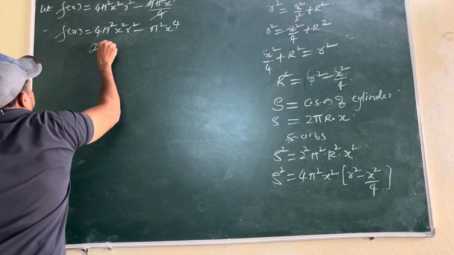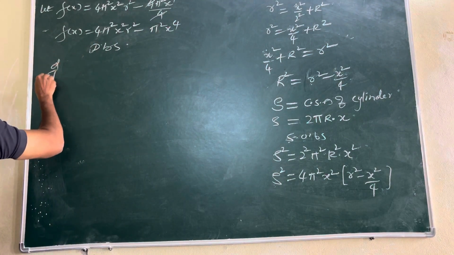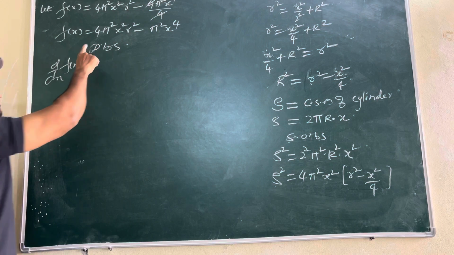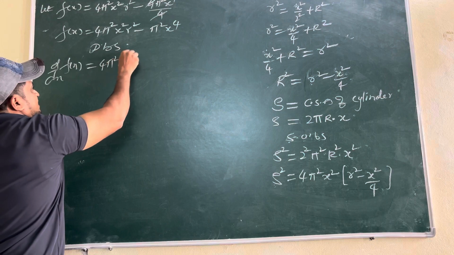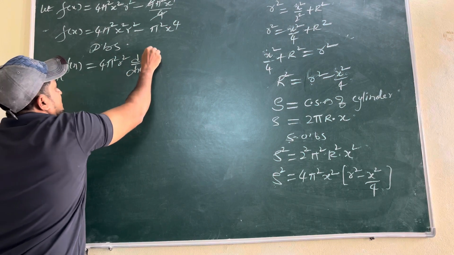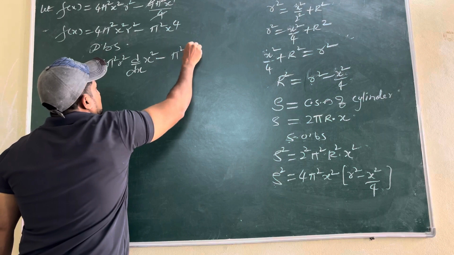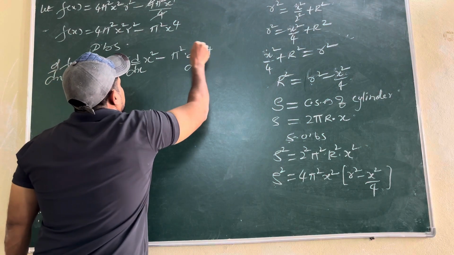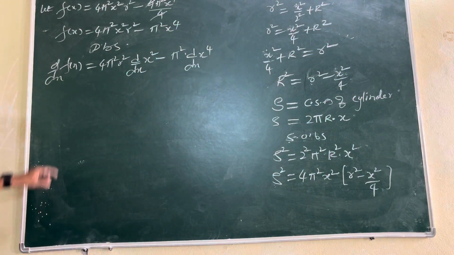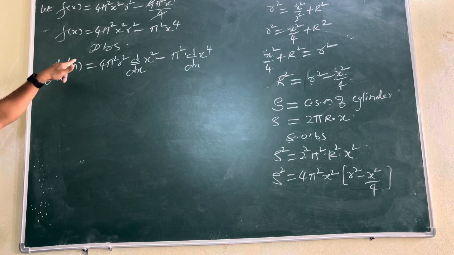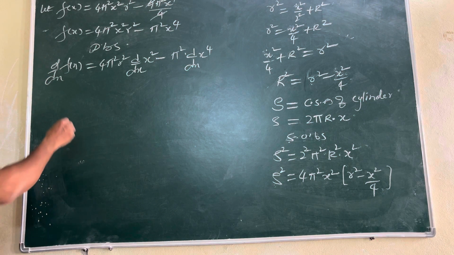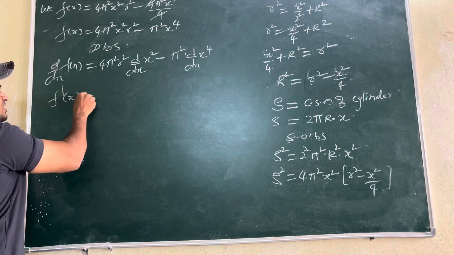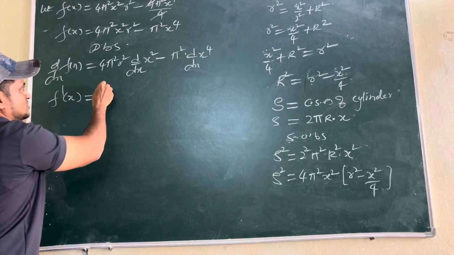We will differentiate it on both sides. D by dx we will take on the left side. If I take d by dx of the first term, x square is differentiated, so the remaining terms we will take outside. Pi square into d by dx of x power 4. If we take h as the x value, like previously we have taken, this is f of h then. Previously we have not done any problem by taking f of h, so quite a confusion will be there. That's the reason we have to take h as x, that you have to remember. Those who are good in derivatives can easily take f of h also.